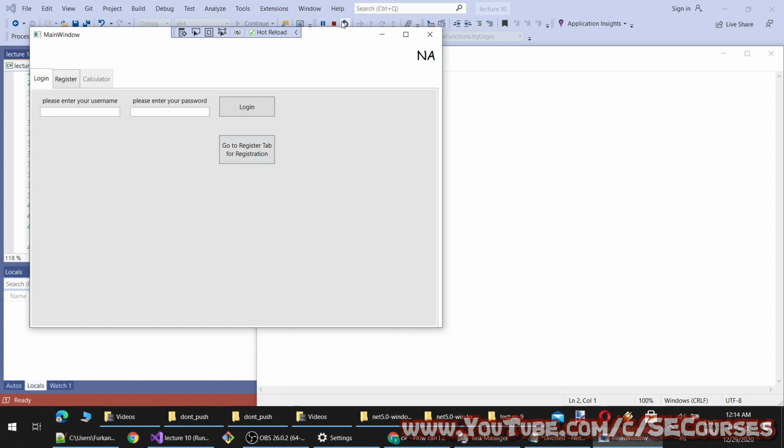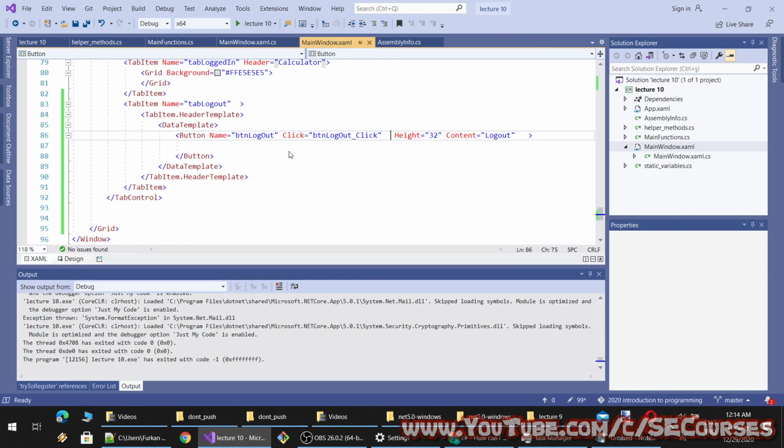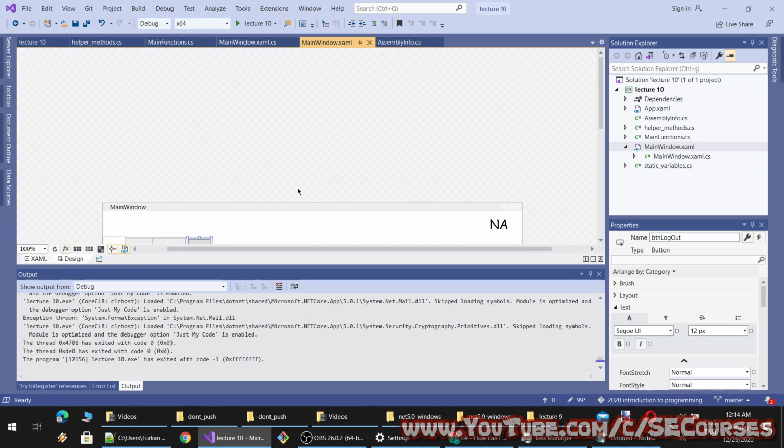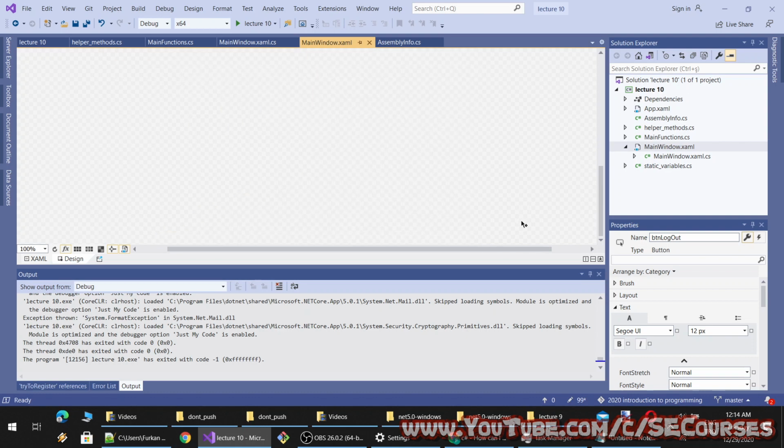Okay, so you see this is still not working. I am going to make this button work as well. It is so simple. Okay, let's move to design. Do we have a click event for this? You see, now I am not able to see the XAML on the same screen.